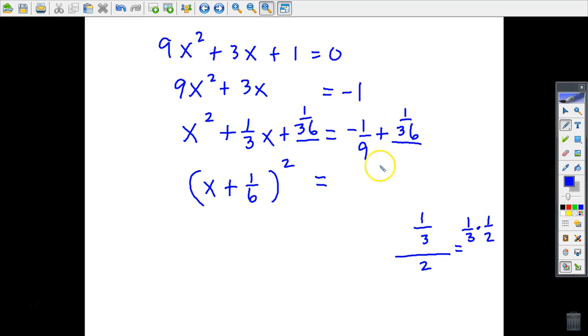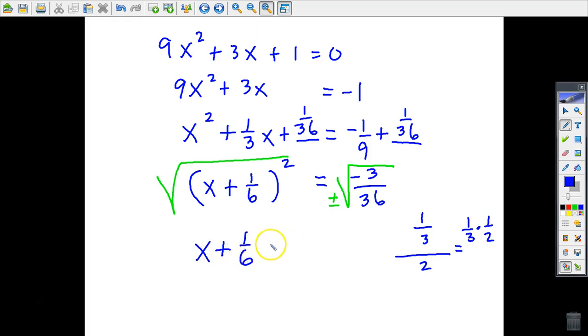Okay, now let's change negative 1/9 into 36, which would be negative 4 over 36. So negative 4 plus 1 is negative 3 over 36. Now you do the square root of both sides. And don't forget plus minus. So on the left side I get x plus 1/6. On the right side I get plus minus